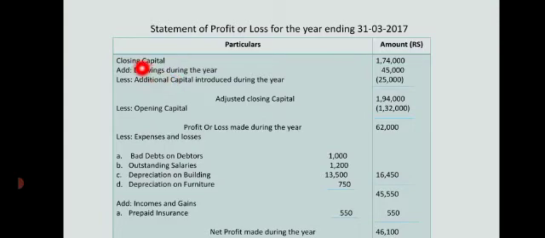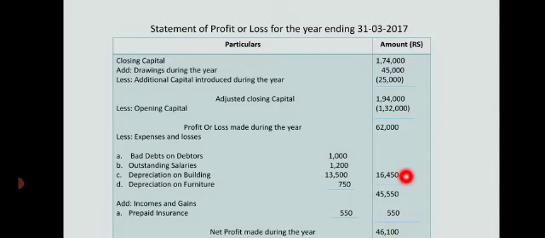I will read it again. Closing capital, add drawings during the year, less additional capital introduced during the year. These two things are given in the problem. Whatever amount you get, we call it adjusted closing capital, and our adjusted closing capital is 1,94,000. To this deduct opening capital, and your profit before adjustments is 62,000. So there are certain adjustments deducted: bad debts, outstanding salaries, depreciation on building, and depreciation on furniture. So the amount is 16,450. Deducted from 62,000, you will get